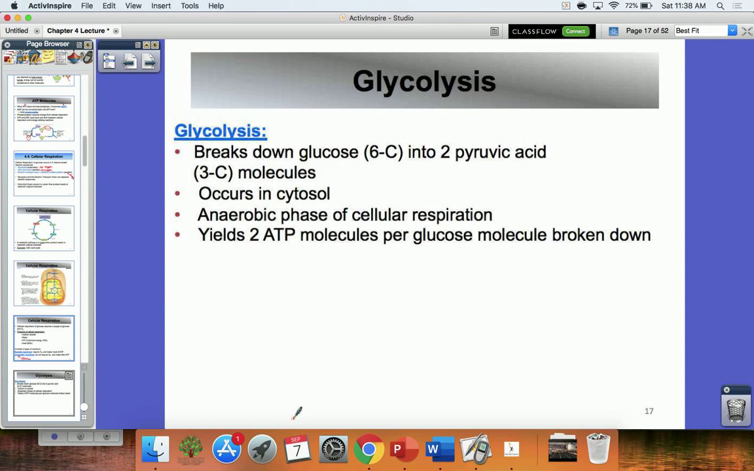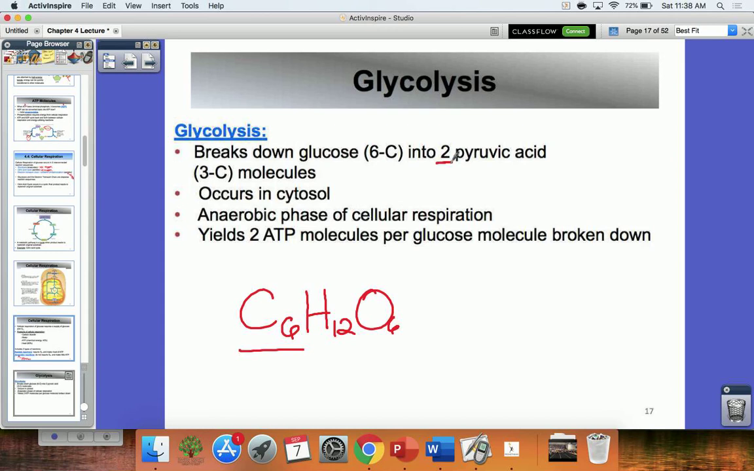Glycolysis is the breaking down of glucose. So remember, I just said that lysis is to break down. So glycolysis is the breaking down of glucose. And you may remember that the glucose formula is C6H12O6, which means that we have 6 carbon molecules. So if glucose is being broken down, then that's going to result in